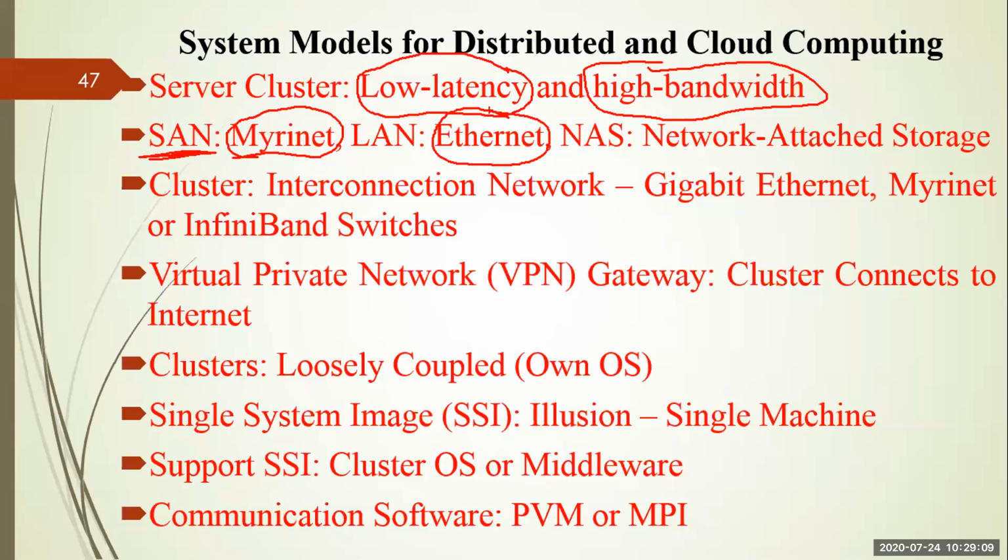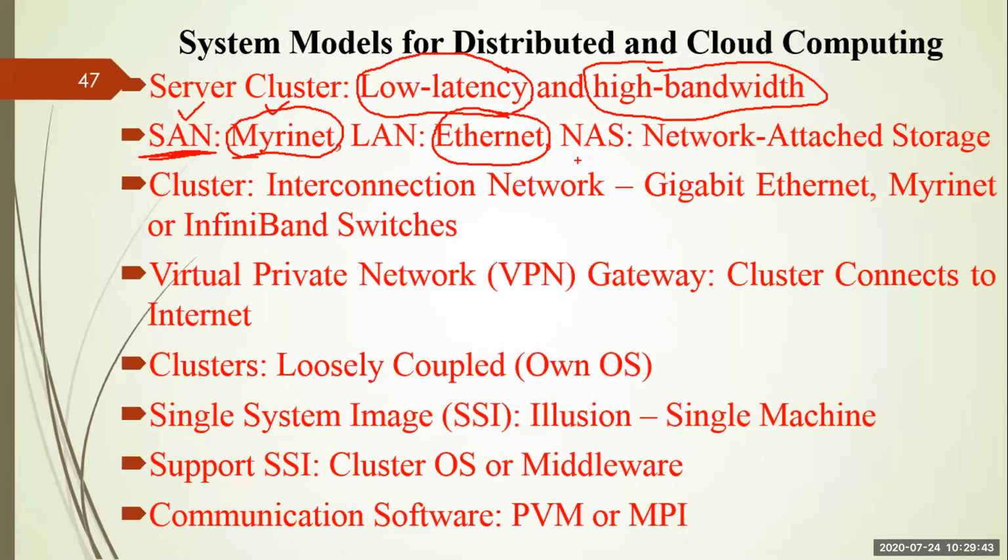Like that, if you want to use a SAN, as I mentioned in the previous slide, you can use SAN, you can use LAN, or you can use NAS. Myrinet is an example of your SAN. Myrinet is very famous. If I am not wrong, it is giving 100 Mbps speed. Similarly, Ethernet is providing some speed, right? Fast Ethernet is providing more, and Gigabit Ethernet is providing 1 Gbps speed. Like that, different interconnection networks are there. They are connecting one computer system with another computer system.